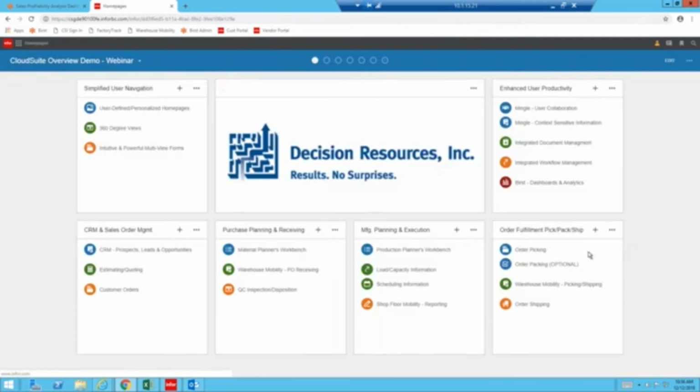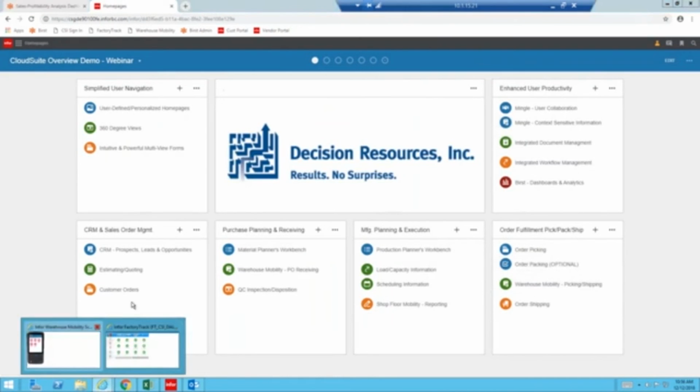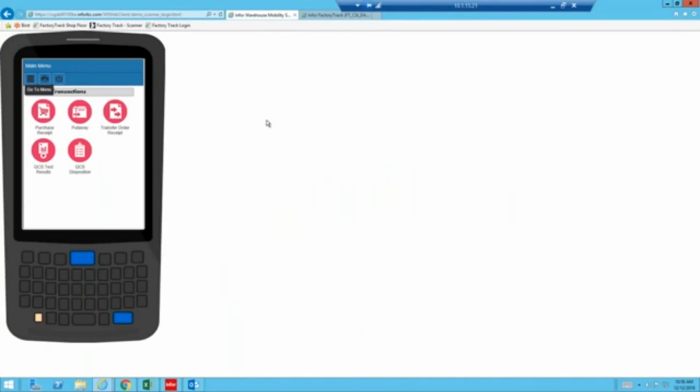All right. So we've done a pick, we've done a pack, and I can also do everything I just showed you. We can also do through our warehouse mobility. So if I wanted to do a shipment, instead of going to the get it like we did before, I'd go to ship it, and I could do a simple pick and ship. Okay, so I can do that, and that would just immediately pick and ship the product, as opposed